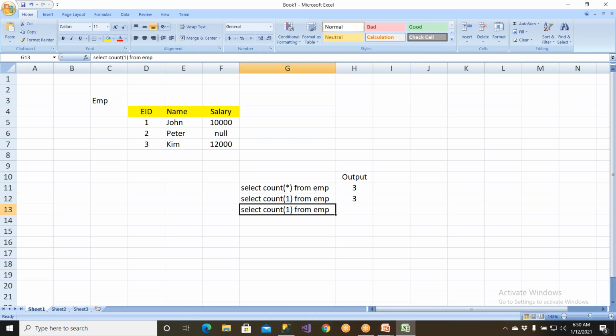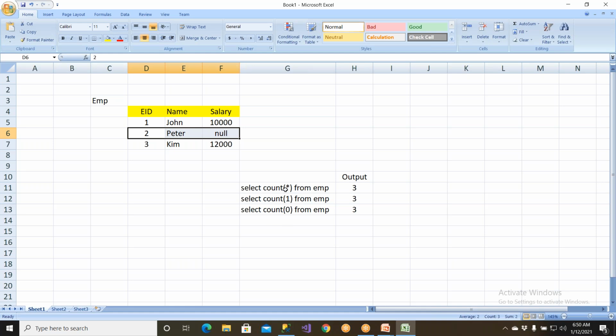You may use any other value, or you may put 0 also there. Still, it is going to count the number of rows. So each row is one employee. If I wanted to find out the number of employees, I have to write select count star from employee, or select